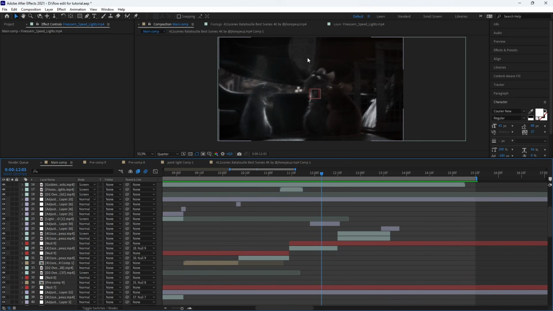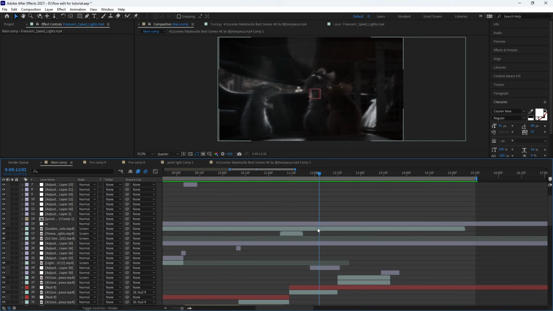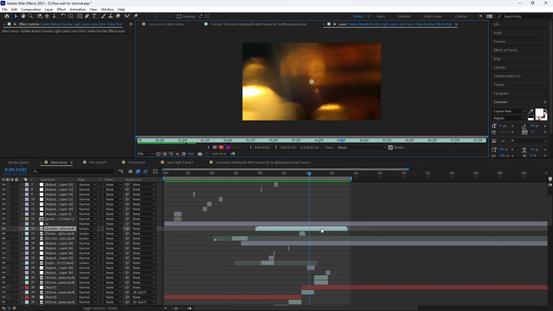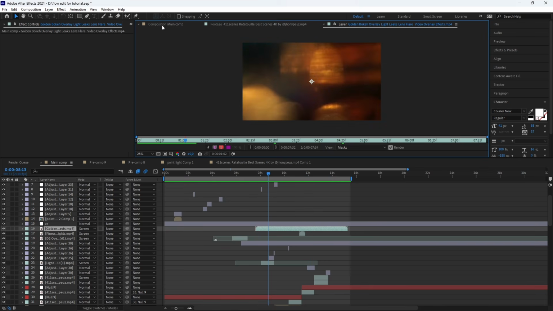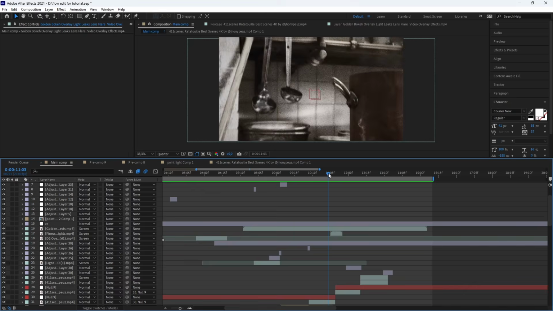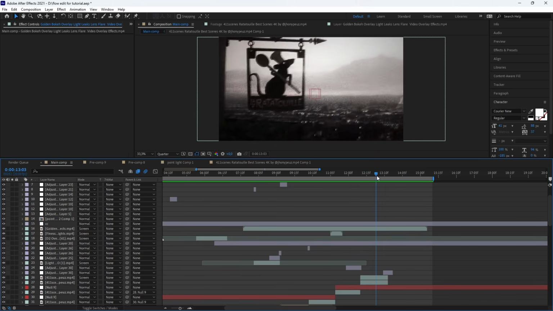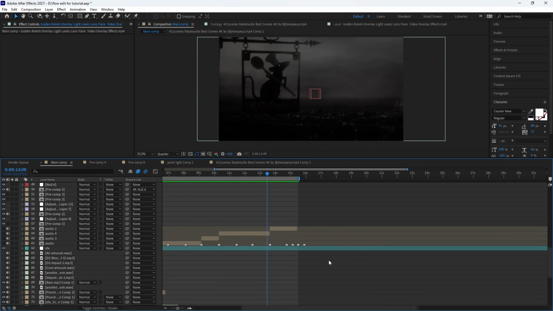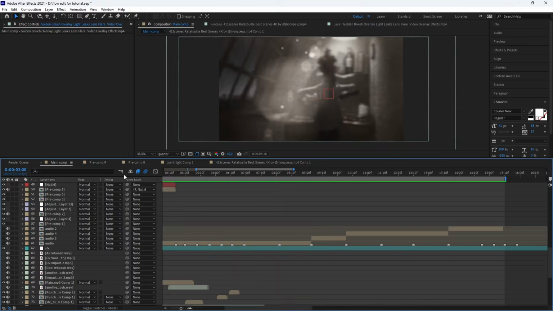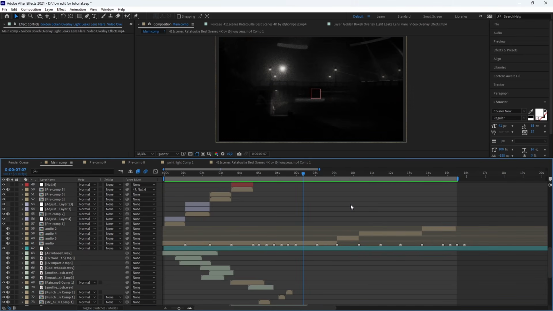So here is this kind of bokeh, I don't know how to say it, but it goes from the golden here, it goes from this very long overlay here, boom, and then that's it. Then I think we are done. So yeah, I think we are ready, and that's it. That's the end of the tutorial. I hope you have learned something new.